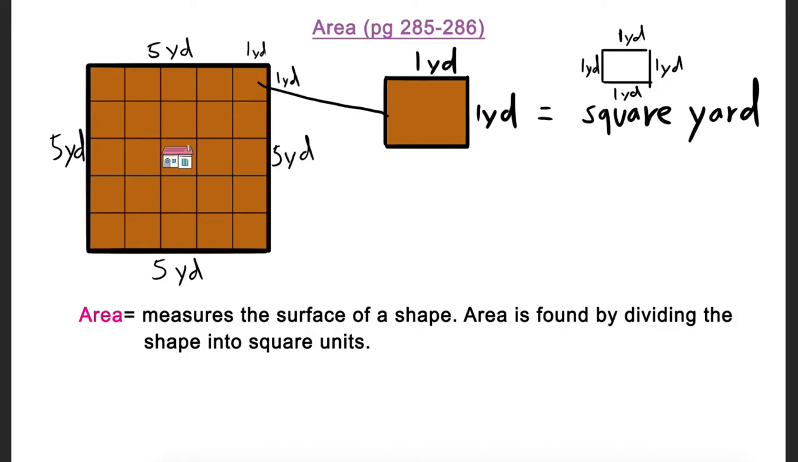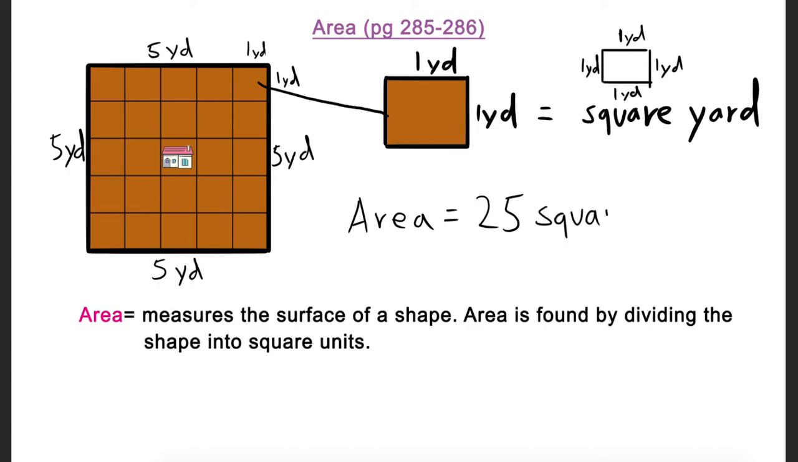All right. So I can break up my shape into squares. And one really easy trick to figure out what my area is is simply counting the squares. So I can do 1, 2, 3, 4, 5, 6, 7, 8, 9, 10, 11, 12, 13, 14, 15, 16, 17, 18, 19, 20, 21, 22, 23, 24, 25. So my area for this square here equals 25